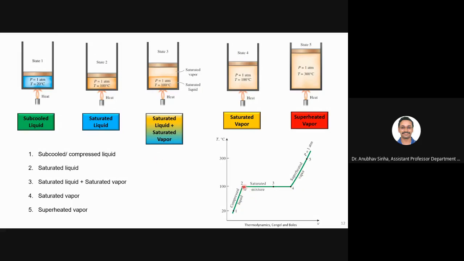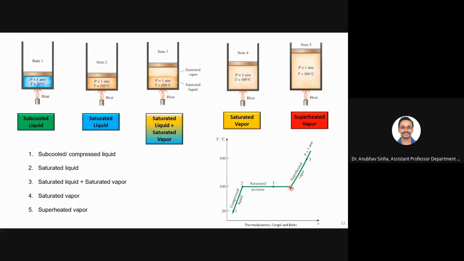It starts to boil. So from 2 to 3, we have a saturated mixture, which is a mixture of saturated liquid plus saturated vapor. So this is your state 3. But after state 3, if you keep on heating, you will reach state 4, which is saturated vapor. So you see the difference. At state 2, I have liquid only, which is at 100 degrees Celsius. At state 4, I have vapor only, which is at 100 degrees Celsius, which has just become vapor. This is just about to boil, and this is just boiled. This is completely vapor at 100 degrees Celsius.